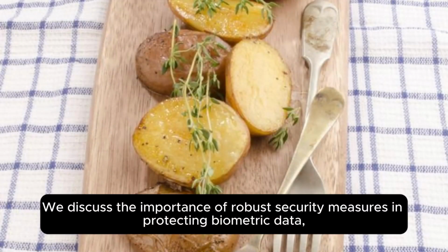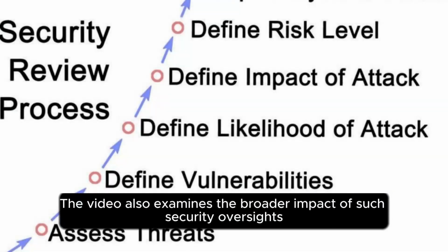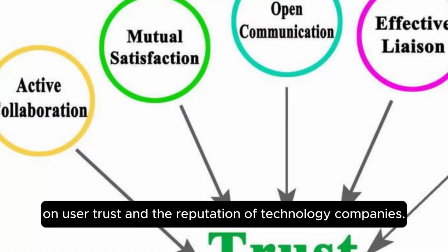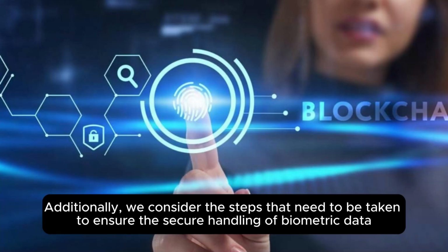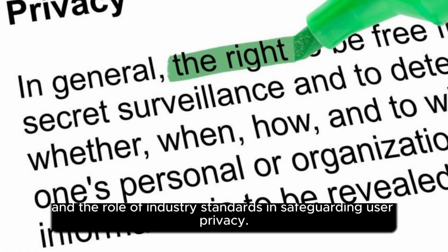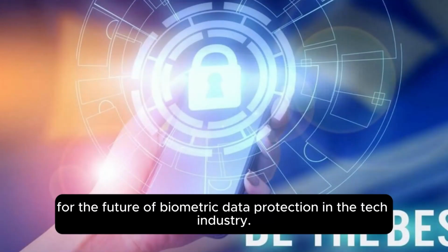We discuss the importance of robust security measures in protecting biometric data, especially in the context of increasing reliance on fingerprint authentication in smartphones. The video also examines the broader impact of such security oversights on user trust and the reputation of technology companies. Additionally, we consider the steps that need to be taken to ensure the secure handling of biometric data and the role of industry standards in safeguarding user privacy. Join us for an in-depth analysis of HTC's security misstep and its implications for the future of biometric data protection